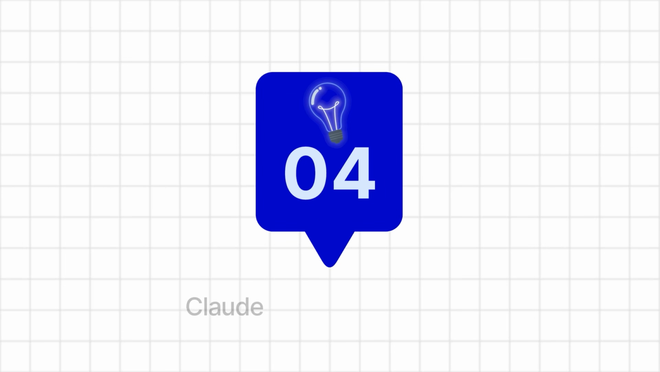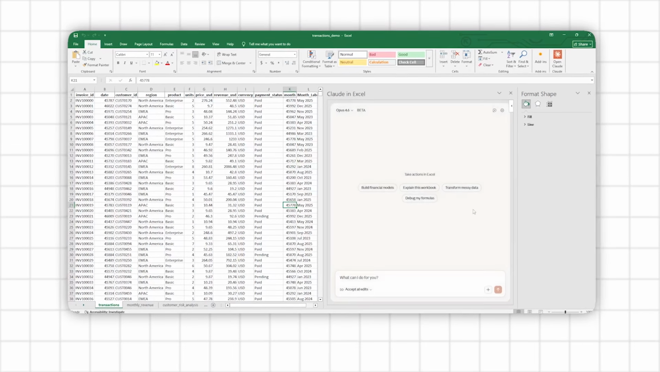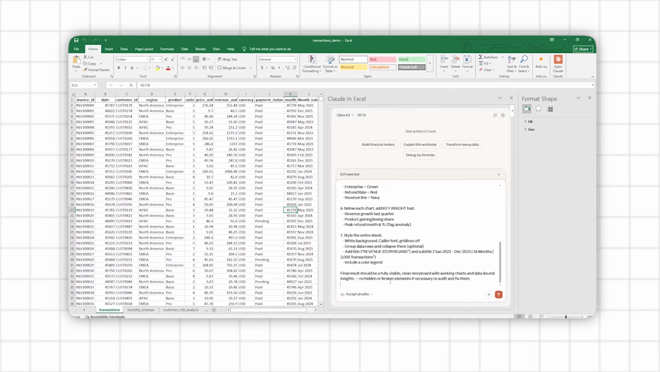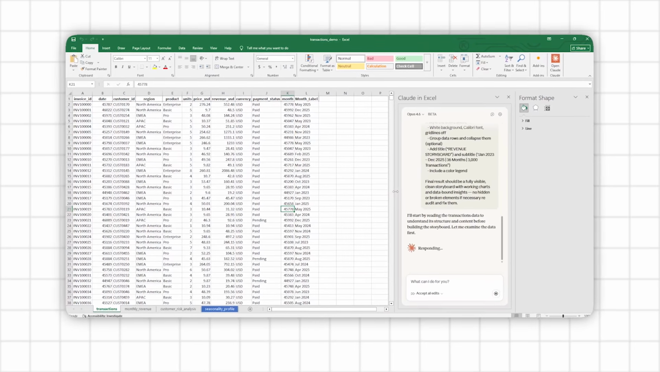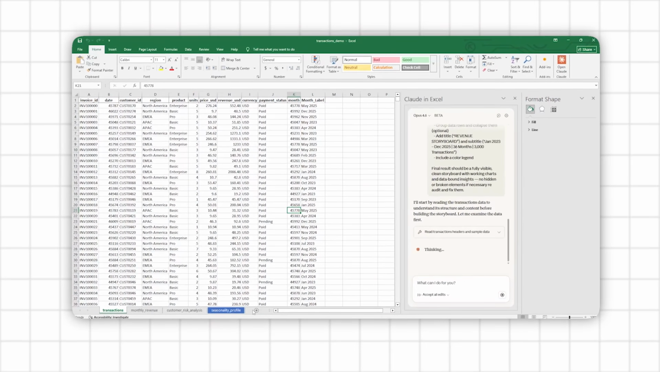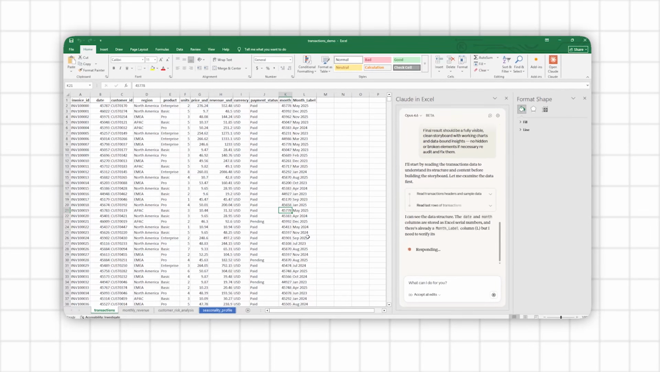Tip 4, Claude turns Excel into a storytelling machine. Now in this tip, I want to share why it's so important to turn raw revenue data into a clear visual story. Disconnected charts without a narrative rarely prompt any action. So this step helps you create visuals that are aligned, styled consistently, and equipped with captions that are directly linked